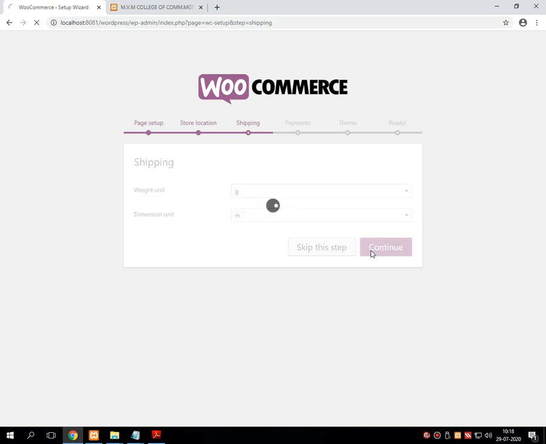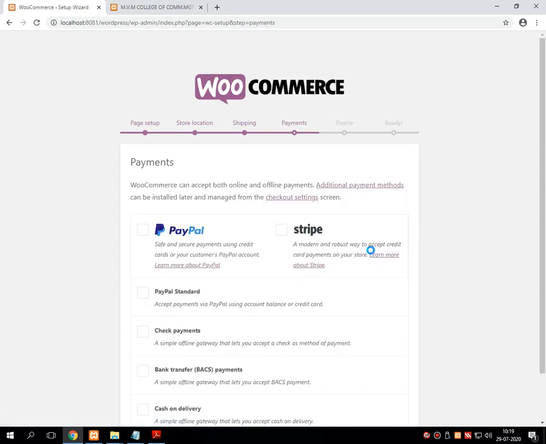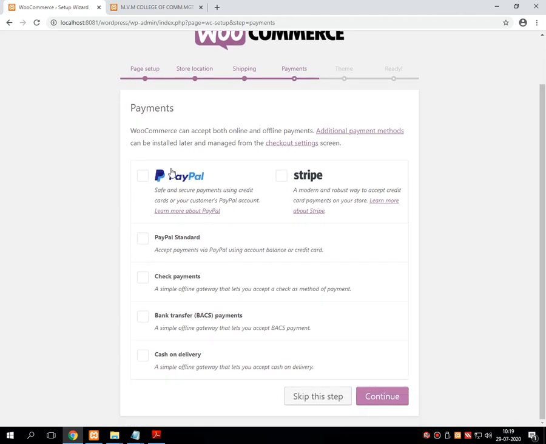And the dimension that I am selecting is m, that is meter. Then the next portion is payment. These types of payment facilities are provided by WooCommerce through PayPal, Stripe, PayPal Standard, check, bank transfer, and the last one is cash on delivery. Your store will accept the payments.